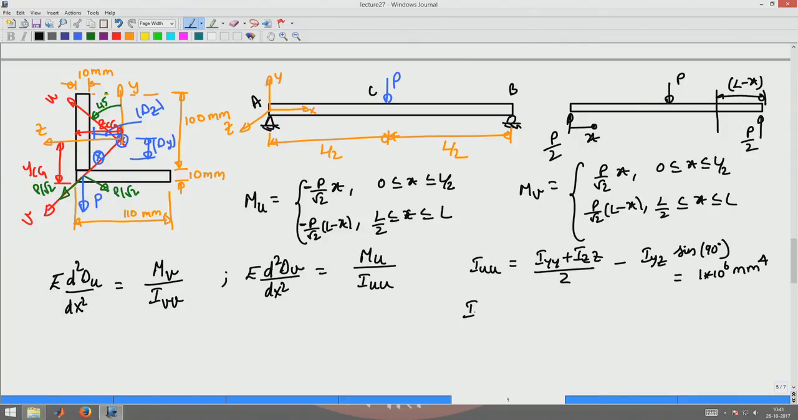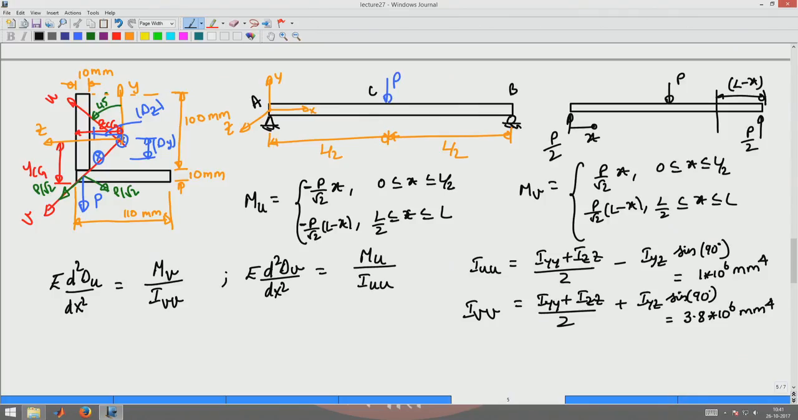Okay, similarly I_VV is given by (I_YY plus I_ZZ) by 2 plus I_YZ into sine 90 degrees. So this will be 3.8 into 10 power 6 millimeter power 4. Now I have to repeat the steps that I did for integrating the moments, similar to what I did in the previous case, and find delta U and delta V, and you can show then that delta U would be given by